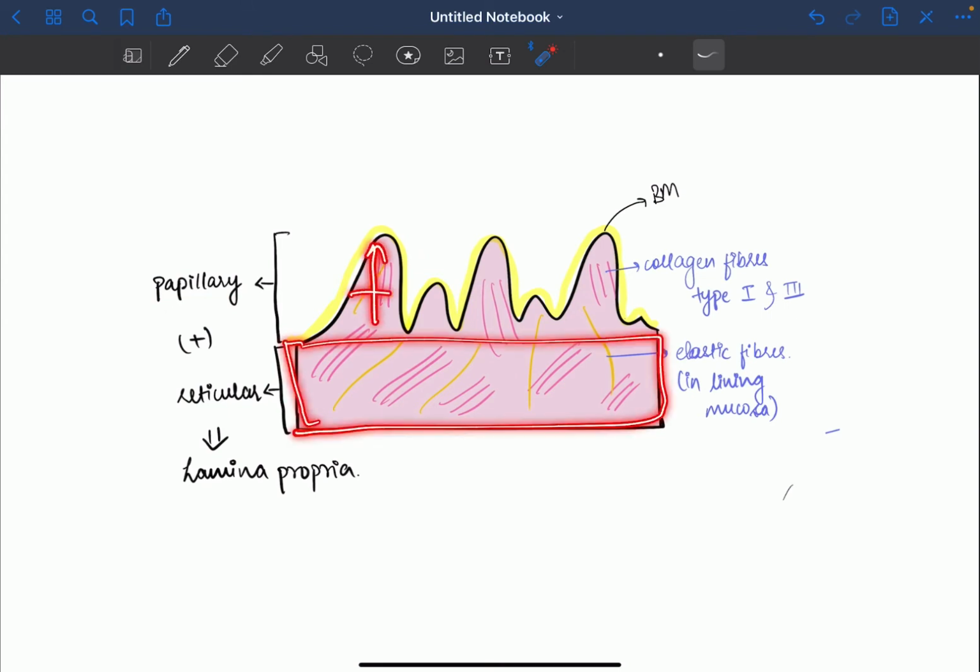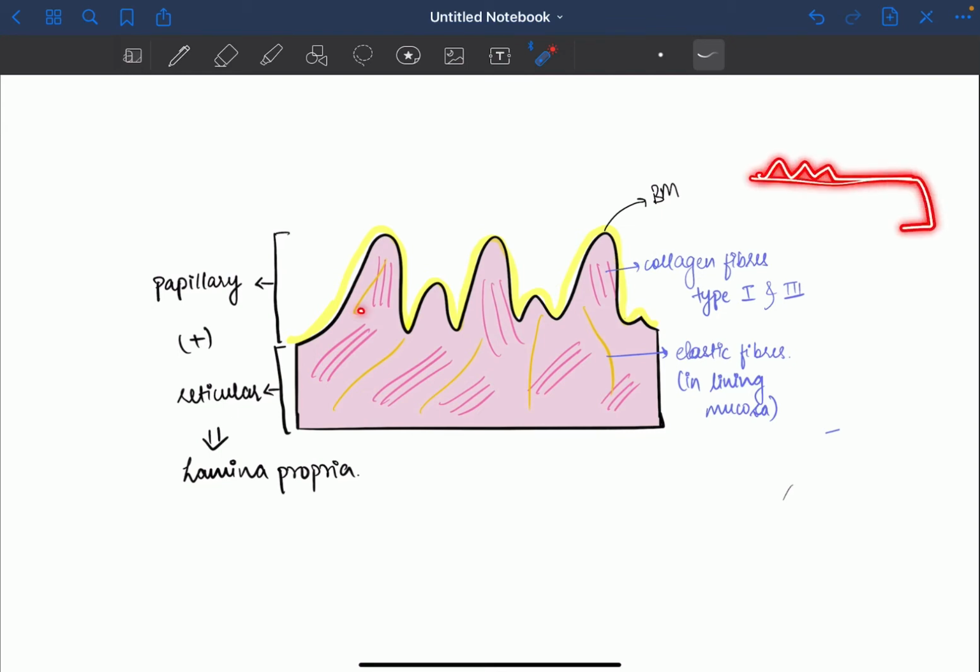The length and width of these papillary portions is variable depending on where they are located. It may sometimes also be very small or absent. Just the reticular part might be present, and this reticular part, no matter what, is always present. Earlier it was also thought that this reticular portion contains reticular fibers, which we have seen in lamina reticularis, but it is not so. See, the papillary portion which we have seen is variable, and this papillary portion might be absent in some areas like the alveolar mucosa.